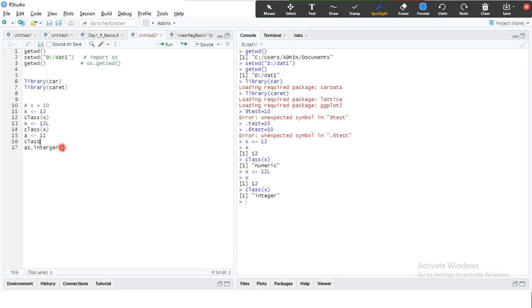and if I check the data type, obviously it will be numeric. What I'm going to do is convert that to an integer. There is a function called as.integer, a, and then class of a.